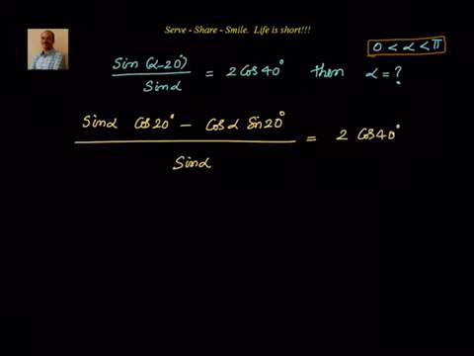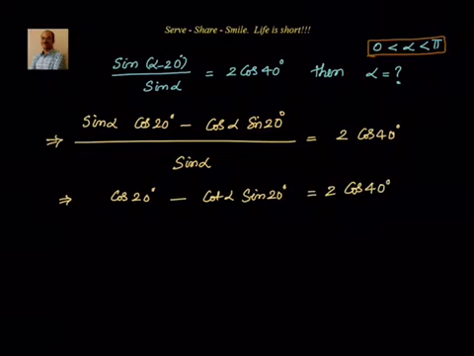Now can I separate them? I can write sine alpha cos 20 by sine alpha. When I simplify, I get cos 20 minus cos alpha by sine alpha, which is cot alpha, into sine 20 degrees, is equal to 2 cos 40